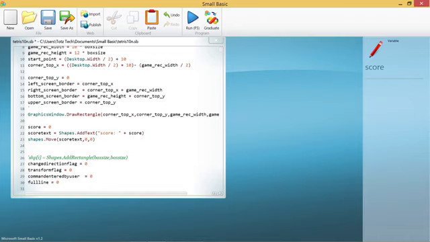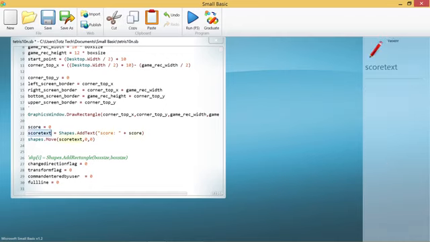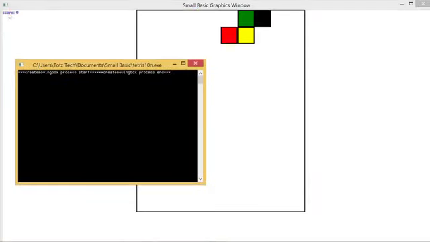The score is 0. And then move this shape to 0, 0. It means to the upper left corner. So the score is here. The score text is what we defined. I just mentioned it to you.